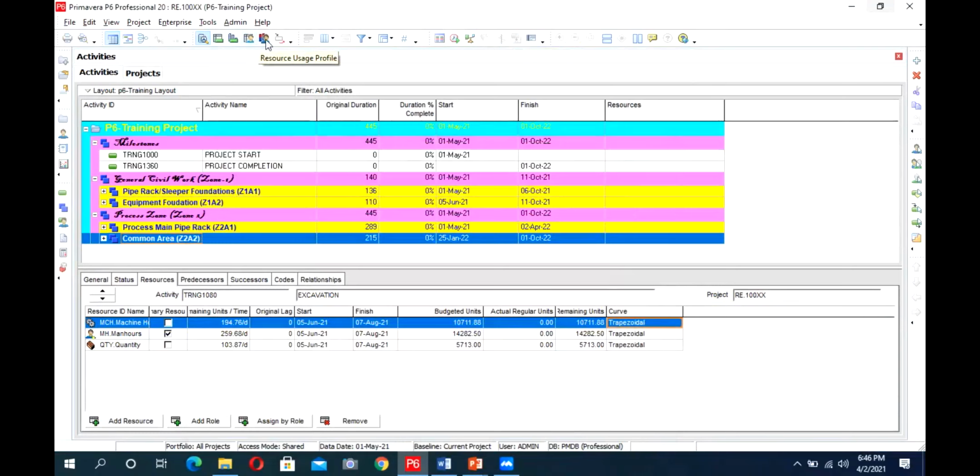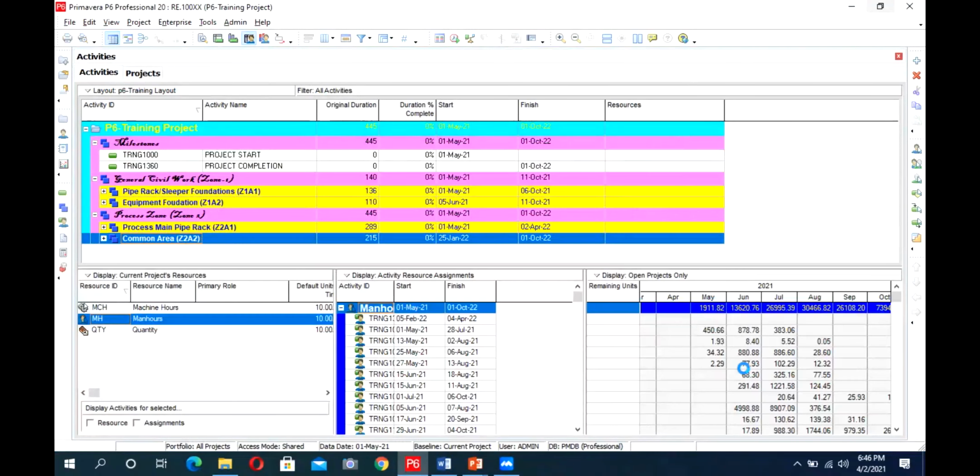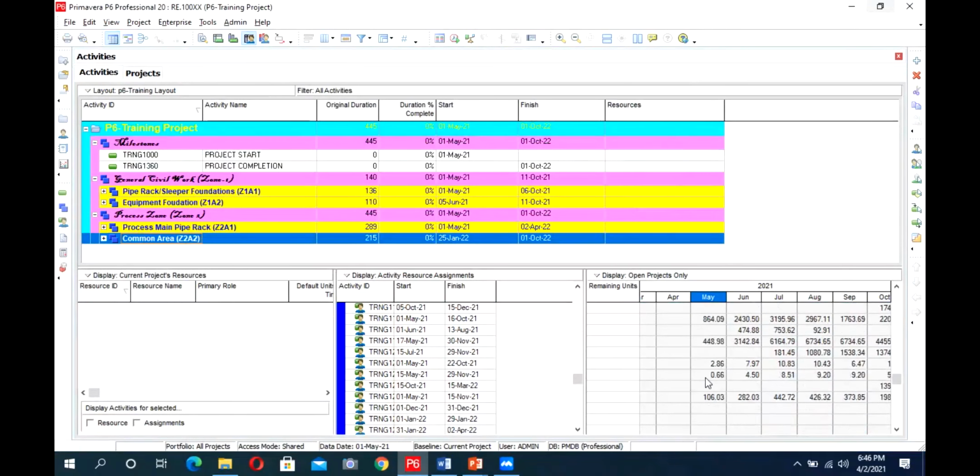So this is a practice we also use, that we change the curve. This is a thing where we need to change the curves while leveling the resources. For example, in this month, I am saying that 1900 is too much manpower for me to arrange their accommodation or any other things.